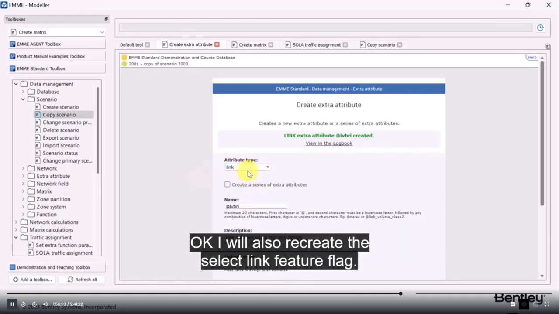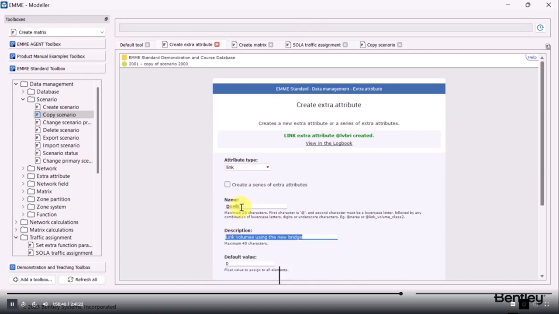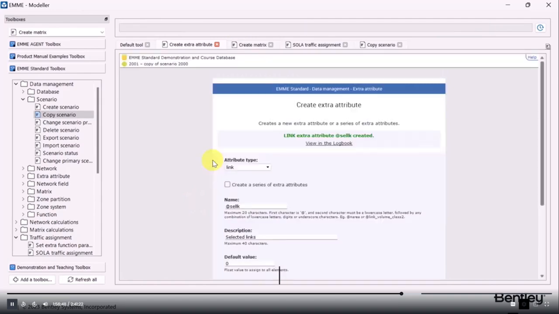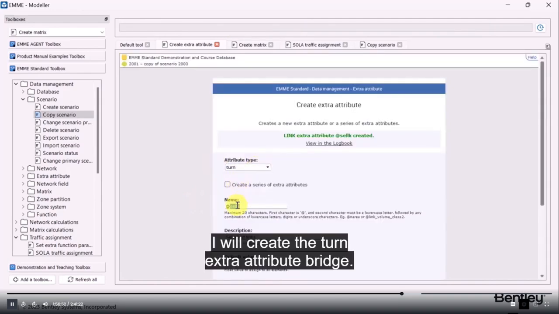I will also recreate the select link flag, selected links. I will create the turn extra attribute PV bridge,